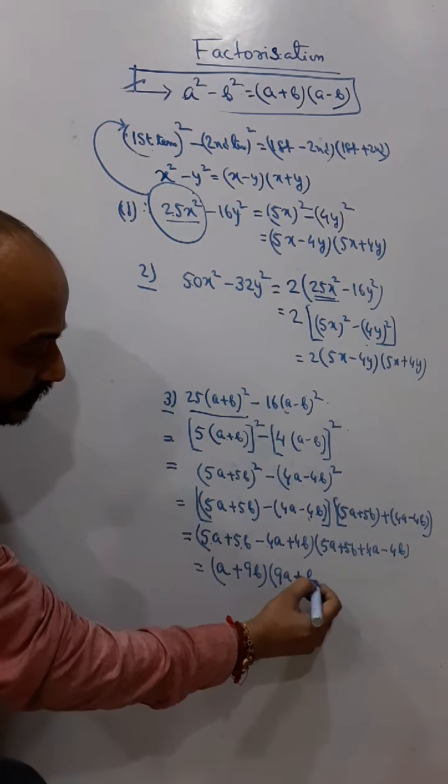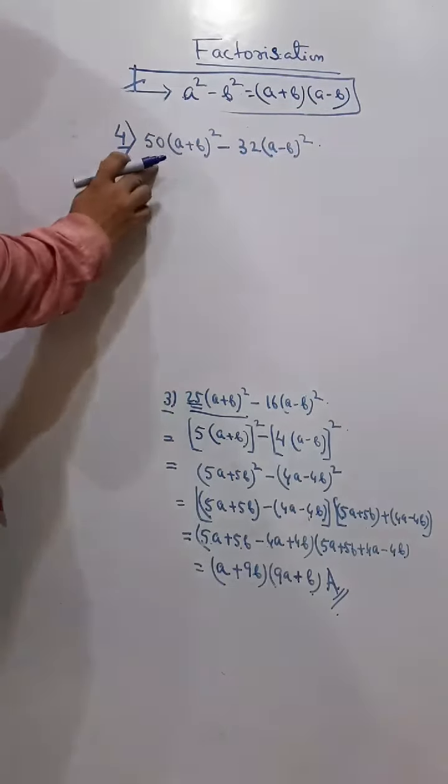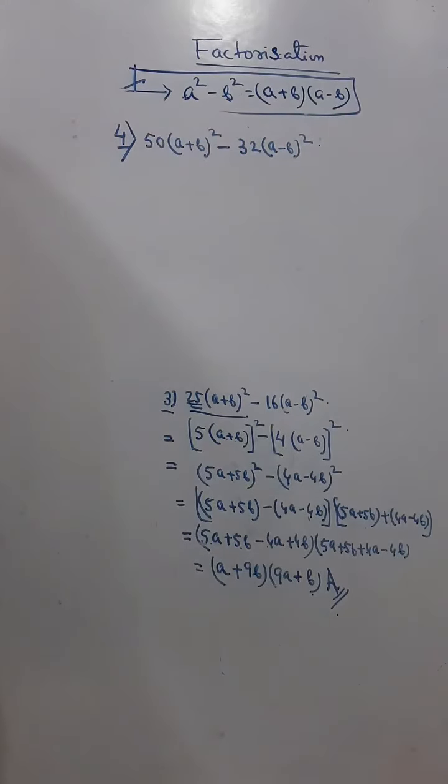Okay, now the same sum can be given in this way, but here the difference is that you have 50 and 32, and in the previous sum we have 25 and 16, so now 25 can be converted. And just now I told you that first of all you will check whether you are getting anything common or not in the full expression. So you can see in this expression and in this expression, if you compare, you are getting 2 common. Okay, so as I have told you before also, I will take 2 common first.